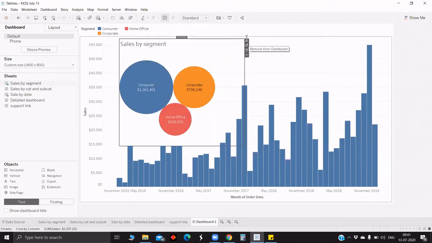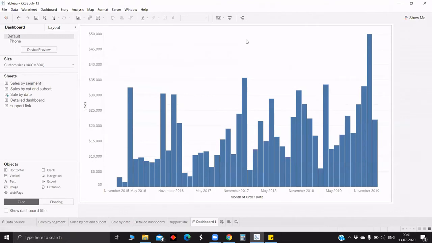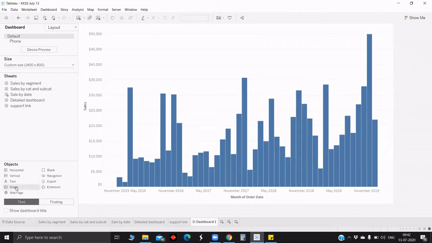But the problem with the float is, once the automatic is changed or the size is different, then the image will get disoriented here and there. So that's why we generally go with the container. Whichever size or view or device we change to, it will be presentable and it will be in the particular orientation which you have kept. But if we go for floating, the image will be disoriented once we change from one size to another or one device to another. That's why we generally go with containers to put the views rather than going by float. Yeah. So next we have the image option.